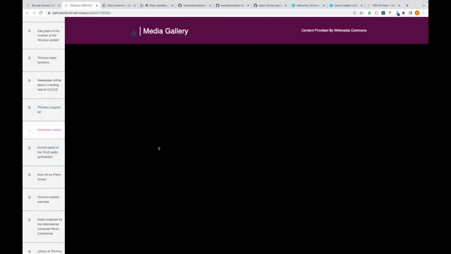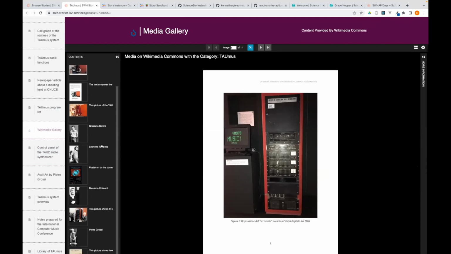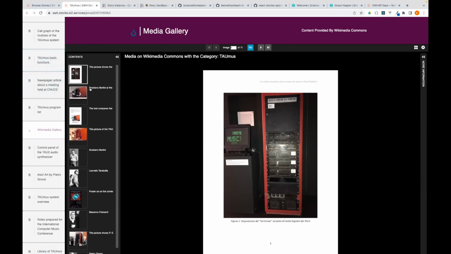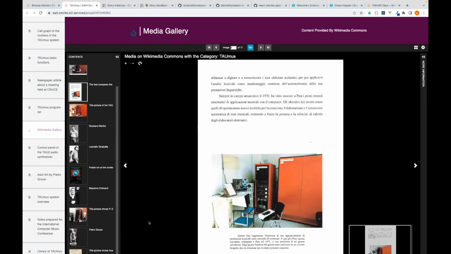As Kat was mentioning just before, we're able to pull in content from Wikimedia Commons, and on the fly, when the page loads, we generate a IIIF manifest for all of the content in Wikimedia Commons related to this entity, in this case being the Talmus entity in Wikimedia Commons. So every image that is in this category is generated, and this viewer is an open source project called Universal